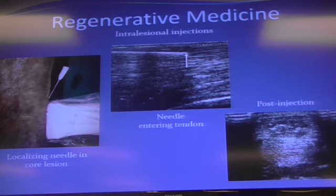I'll talk about a couple different types of regenerative medicine, but usually when we're doing these, we're doing them as an ultrasound-guided intralesional injection. So like, for example, here's an ultrasound of a superficial digital flexor tendon. You see this hole in the middle here? Okay. And the little white things here are actually air bubbles, because what you've done is you've put a needle directly into the lesion using ultrasound guidance and injected something in. What that something is going to be, we'll talk about next. But basically, you're directly injecting something into the hole in the